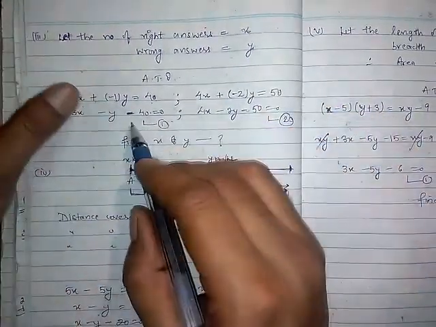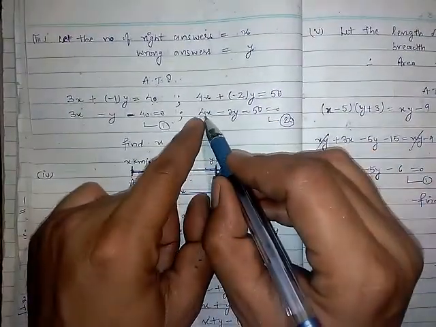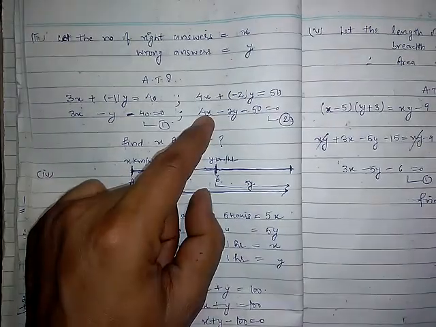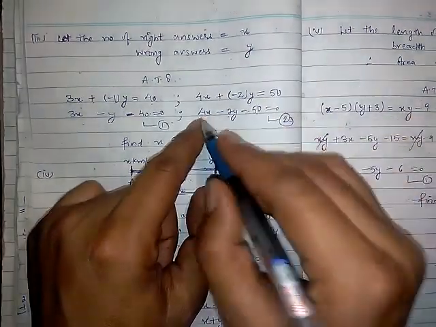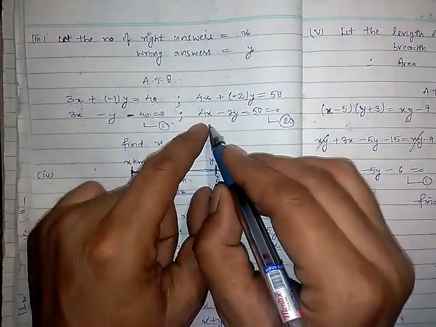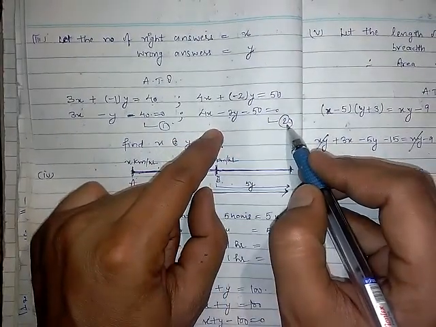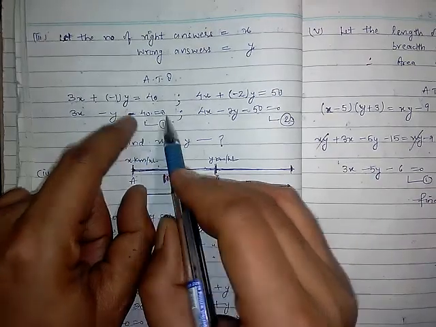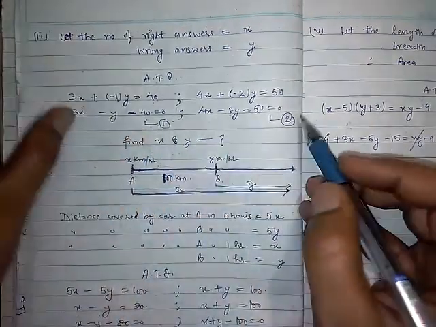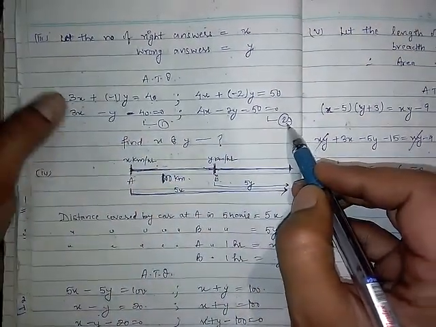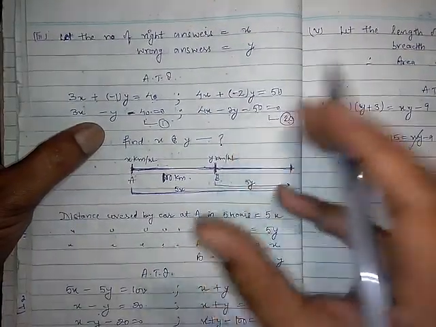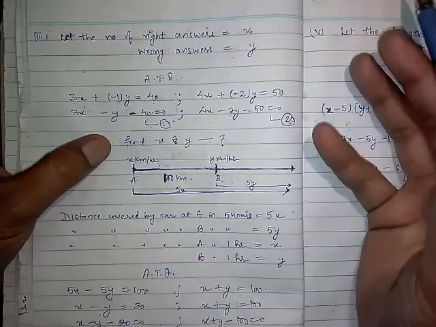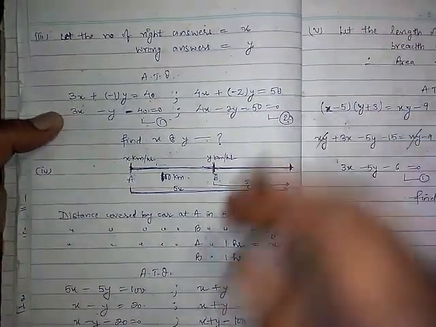Right? So one thing I have left over here, you can see each and every number can be divisible by 2. So it is better for you if you divide the whole equation by 2 and then mark it equation number 2, right? That is not possible in the case of equation number 1. So after that, solve your equations number 1 and 2 by using the cross multiplication method, and finally you need to find out the value of x plus y, that is the total number of questions attempted.